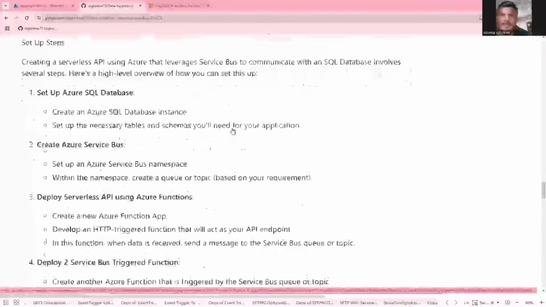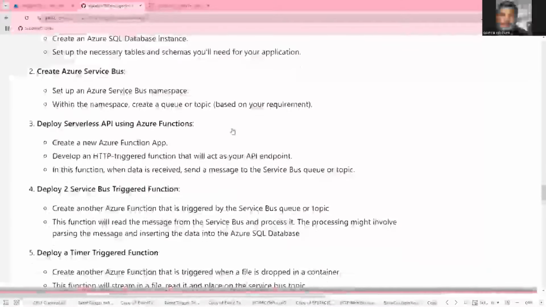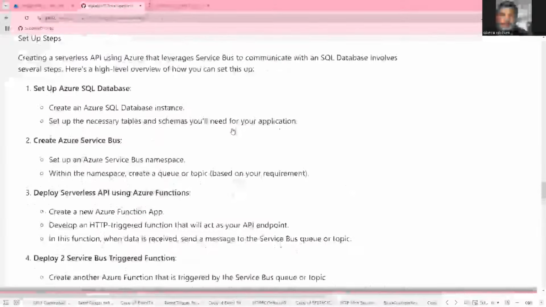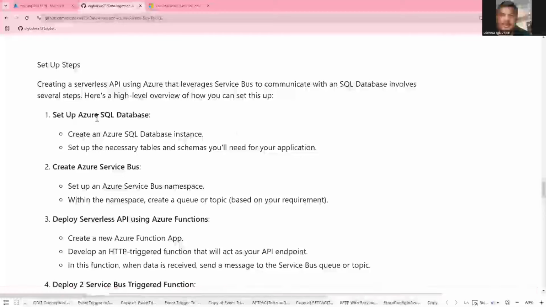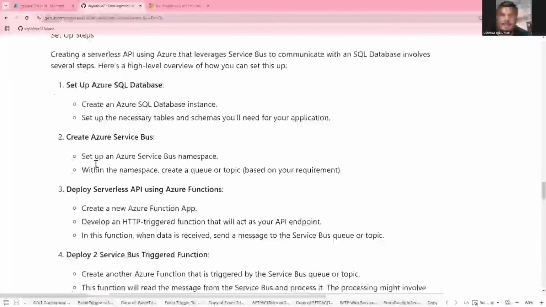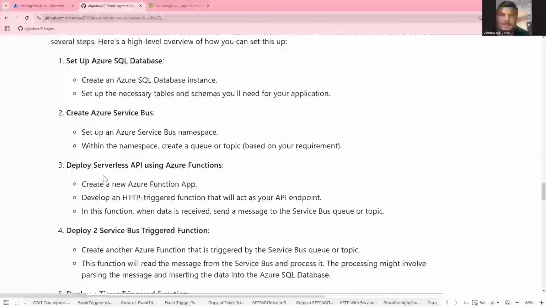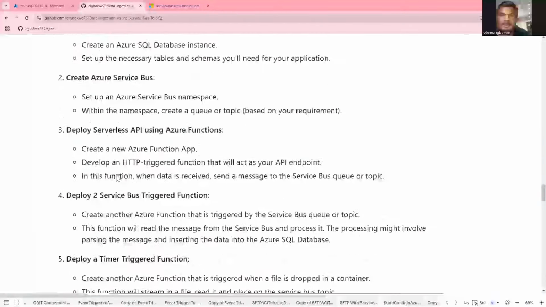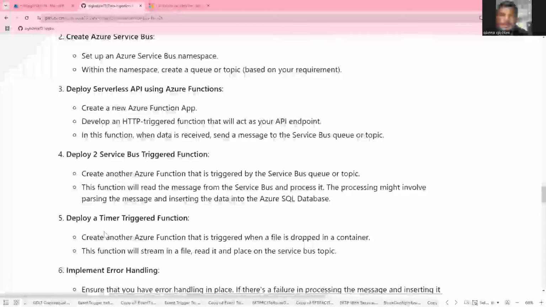And we're introducing ours similar to what they have, but we're using a different flow. So these are the steps. An Azure SQL database, Service Bus. We're going to build those two out. API is serverless APIs. We're going to build that out. Service Bus, and the triggers are basically just some of the operations that come out from the Azure Function application